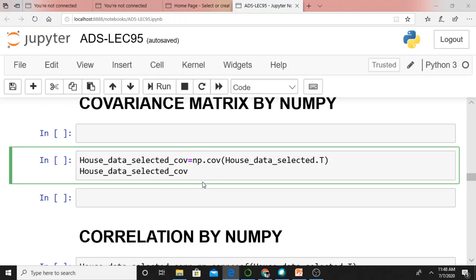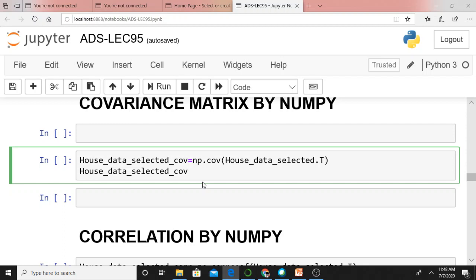If you want to know the directionality of the relationship between two variables, you will use covariances. Let's calculate the covariance matrix between every pair of variables in our data set.